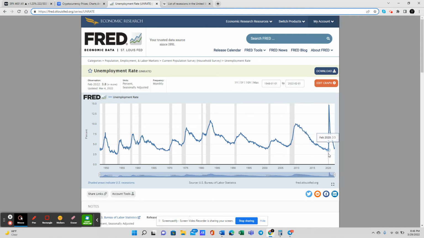But here's the issue, when you look at these charts, like in February of 2020, now we got an anomaly on here. We had our pandemic. Since our pandemic hit, look at the height of this, guys. Since the 50s on this chart, this is probably the highest ever in history outside of maybe the Great Depression. I can see if I can go back to the Great Depression on here. It only goes to 1948. But okay, so it's at 14.7% unemployment.